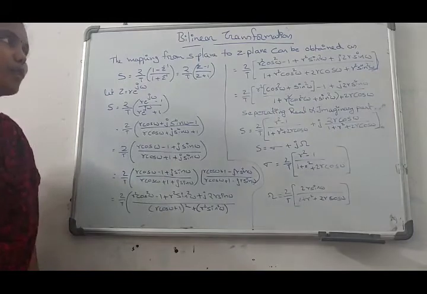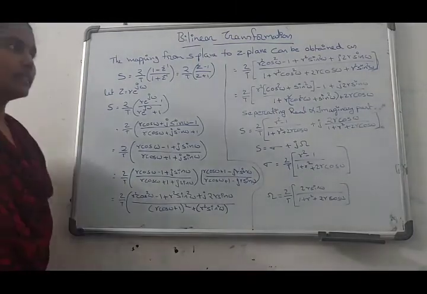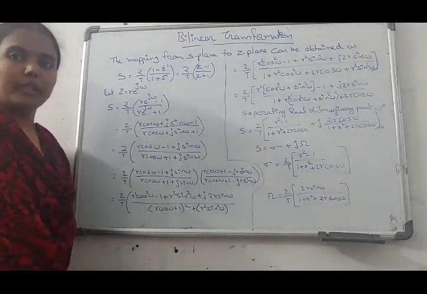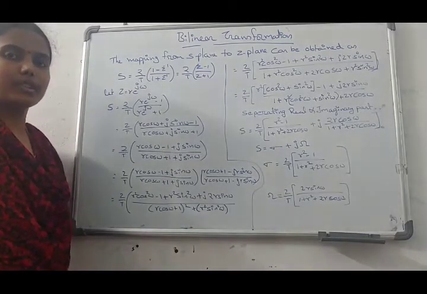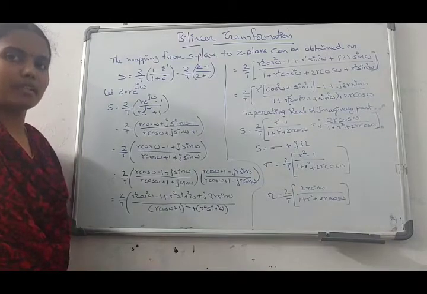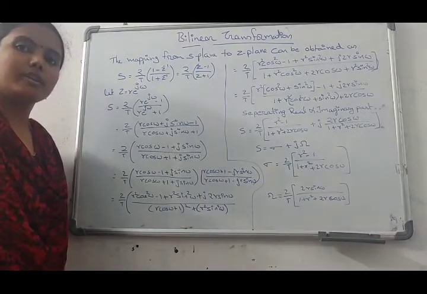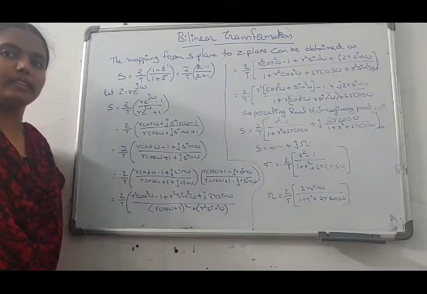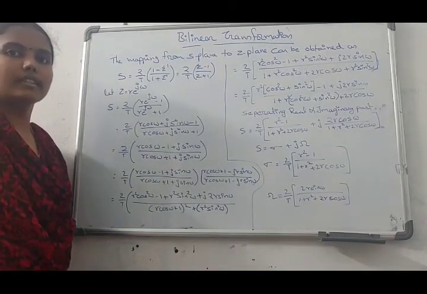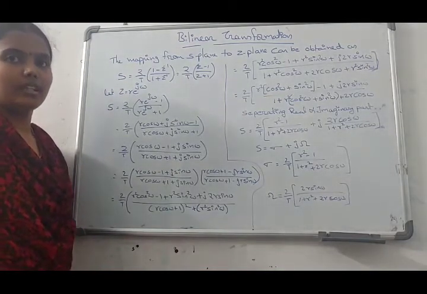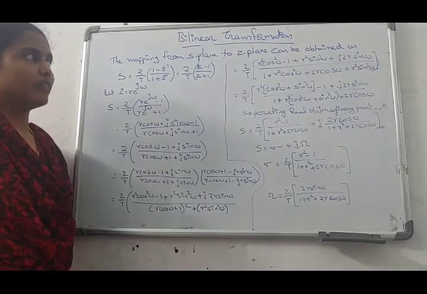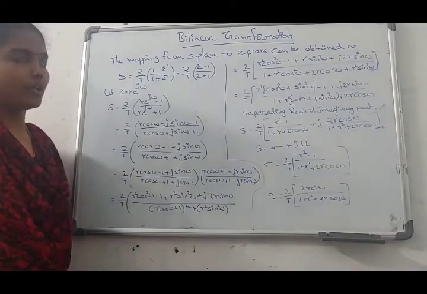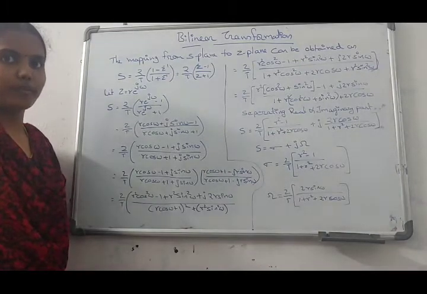Now I am going to discuss bilinear transformation. This is the third method of converting from analog to digital filters. The first method is approximation of derivatives and the second method is the impulse invariance method. In the impulse invariant method there is a drawback of aliasing, and it is only applicable for low pass filters. So in order to avoid the aliasing effect, we have to use a bilinear transformation.